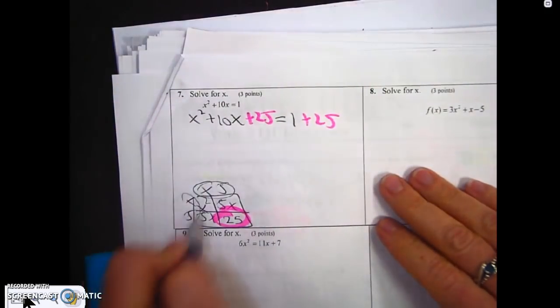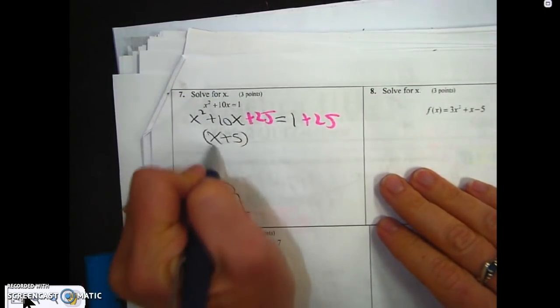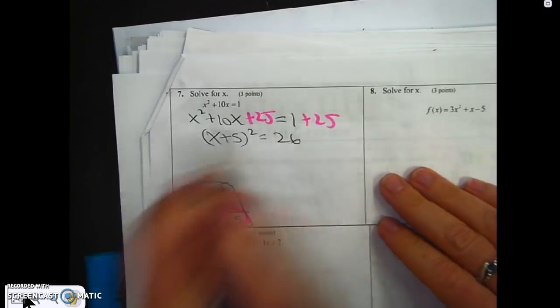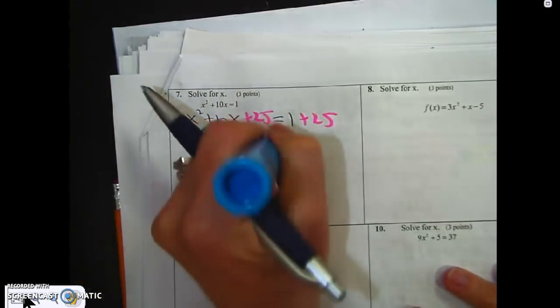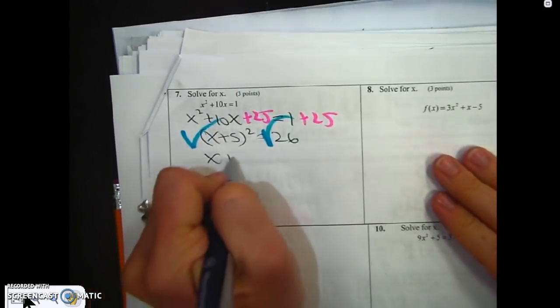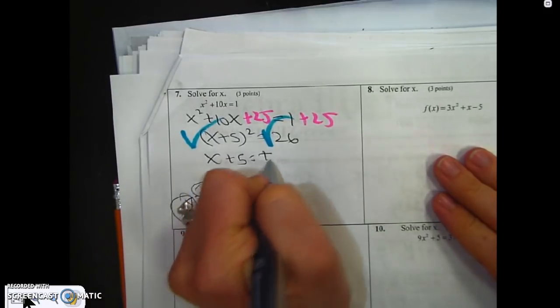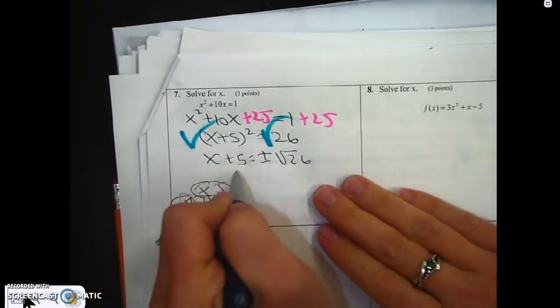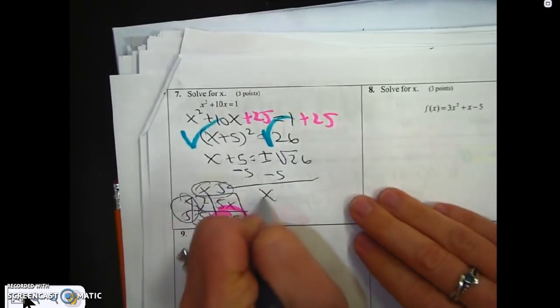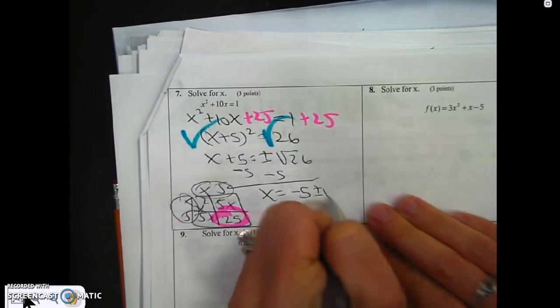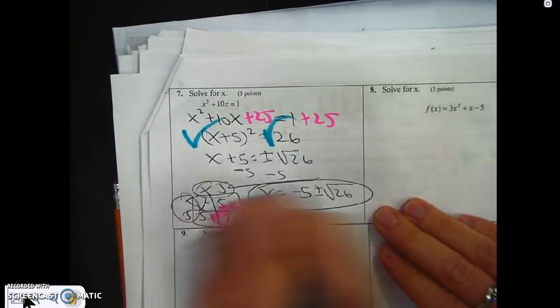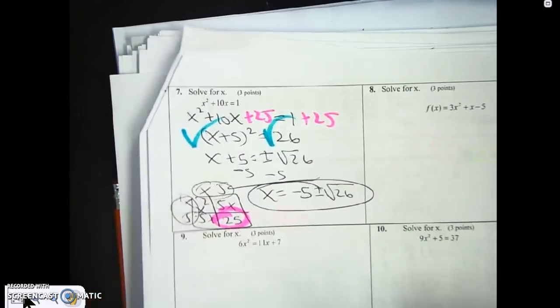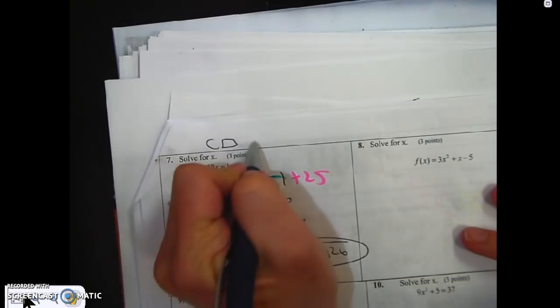And then I take my x plus 5 squared. And 1 plus 25 is 26. Sets me up for square root. X plus 5 equals plus or minus square root of 26. Subtract 5. X equals -5 plus or minus square root of 26. Okay? I want to show you different ways because we solve by completing the square, but you could also do